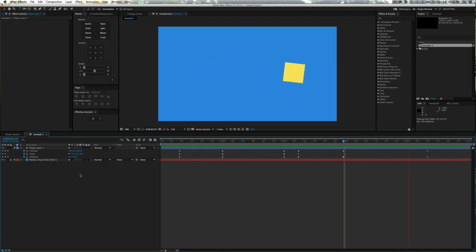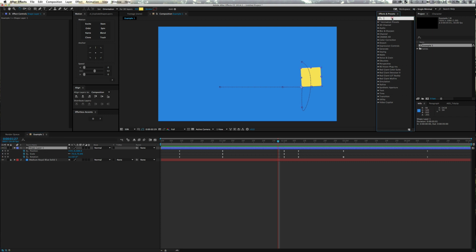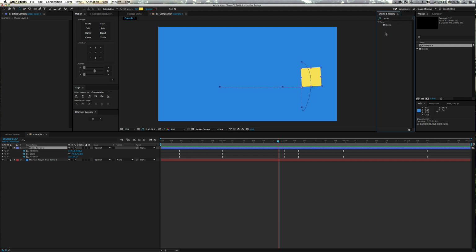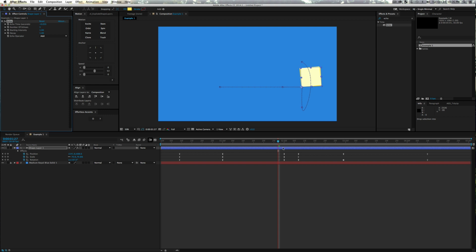But let's go ahead and make this effect amazing, and we'll give it some dynamics and some weighted dynamics at that. So in your effects and presets, there's a super awesome effect called Echo, which I just recently started playing around with, and it kind of gives your animation an onion skin look if you're used to any kind of frame-by-frame animation. So throw that dude onto your square, and if you scrub back in time, it looks like we